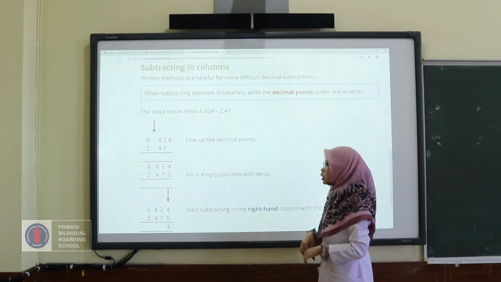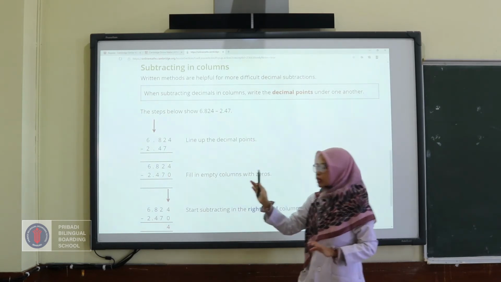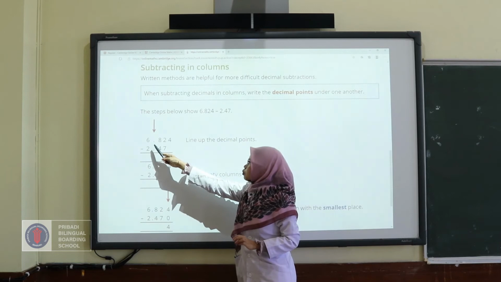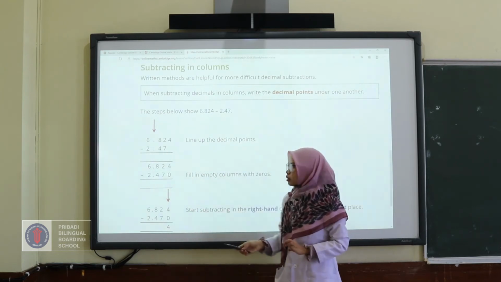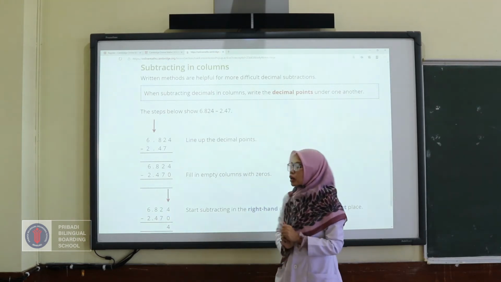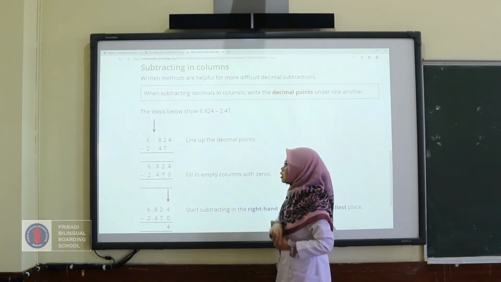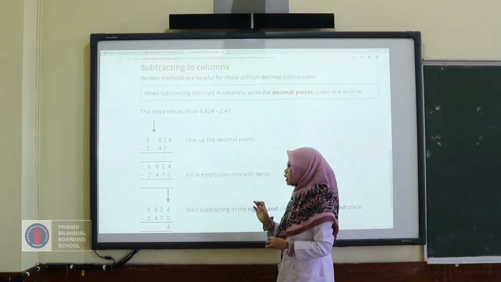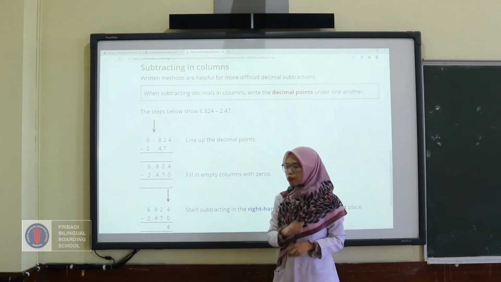Make sure that the decimal points are in line. Write 6.824 in the first line, and then 2.47 in the second line. Then you will do the subtraction. Don't forget to fill the empty columns with 0.